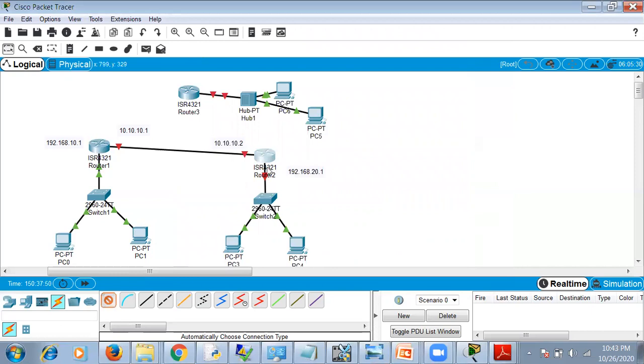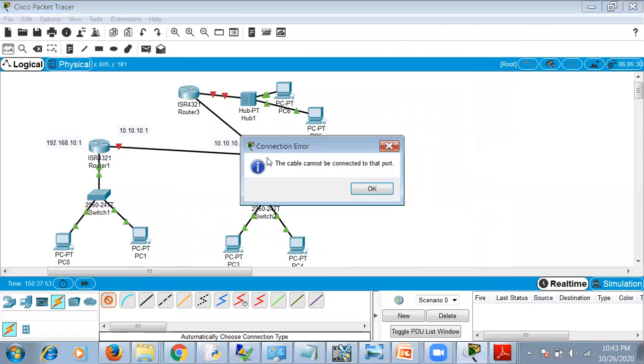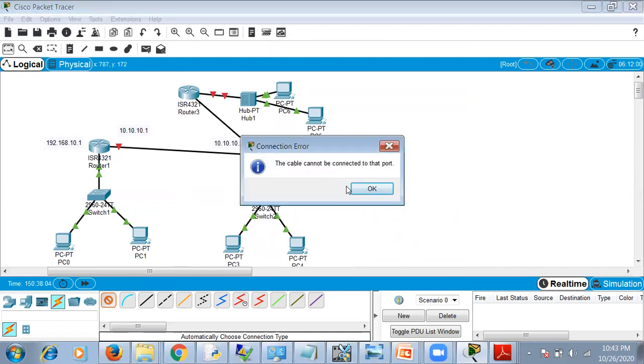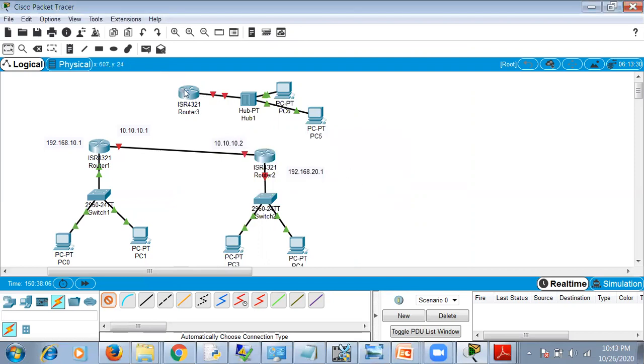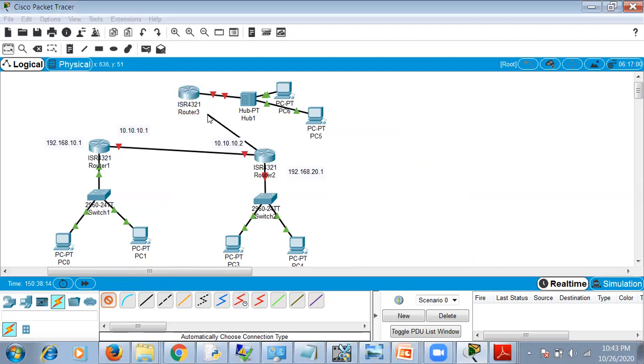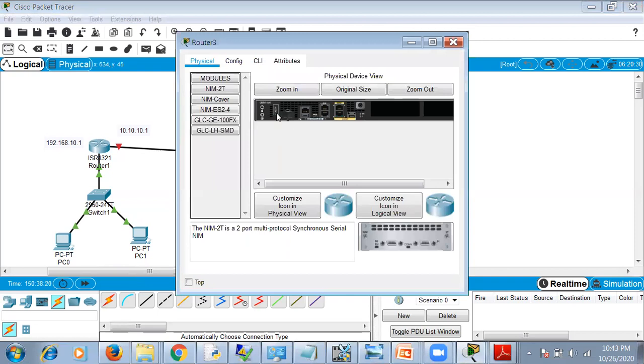So now click on the link. No, it's a serial connection. So even this router should have a serial connection. So we have to add one more link to it.